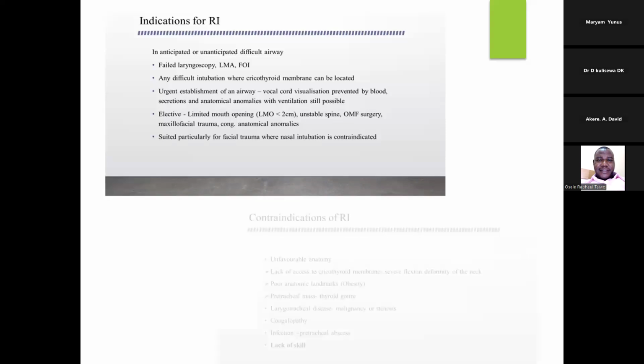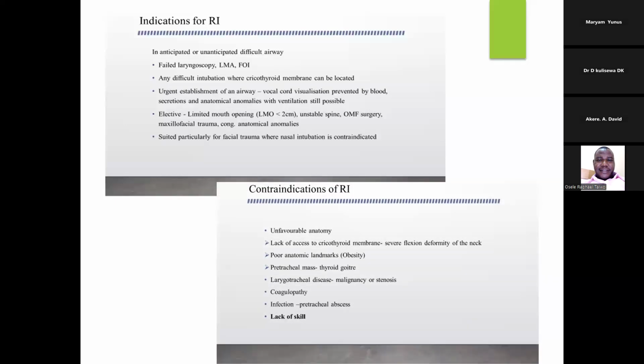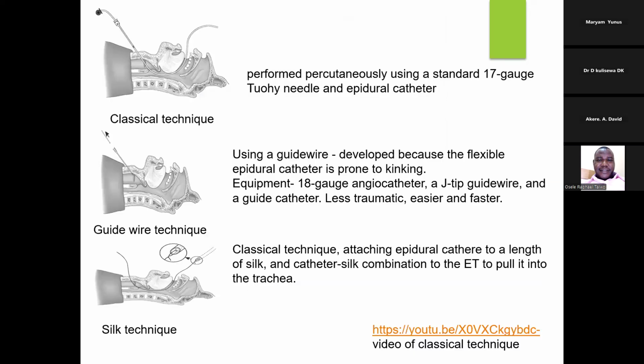It is particularly suitable for facial trauma, where nasal intubation is contraindicated. So the contraindications are unfavorable anatomy, lack of access to cricothyroid membrane, severe flexion deformity of the neck, poor anatomic landmarks like obesity, pretracheal mass like thyroid goiter, laryngotracheal disease, malignancy or stenosis, coagulopathy, and infection or lack of skill. So the classical technique is performed percutaneously using a 17 gauge Tuohy needle and epidural catheter, as